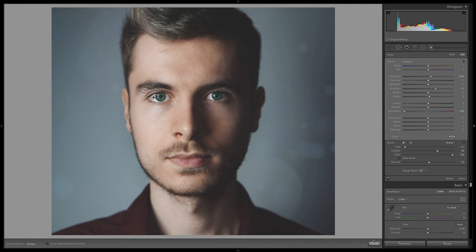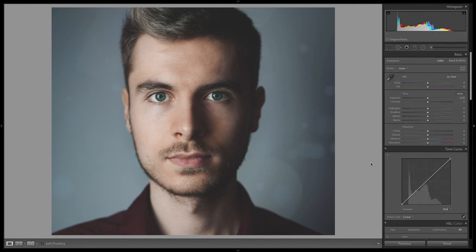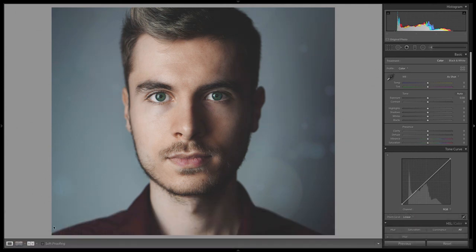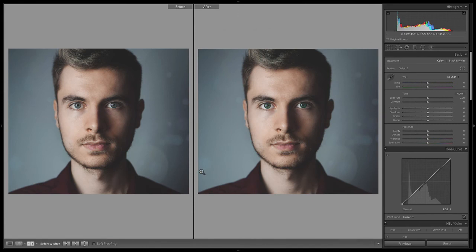And as we know, the eyes are the window to the soul, and they're really the focus of most portraits. Oftentimes, unless it's a very creative portrait where you're focusing on something else like the nose or the lips or something like that, you want the eyes to be the thing that stands out. So again, we can see the before and after with the backslash button. Before, after, before, after. We can also go to this before after shot right here. Pretty darn cool, huh? Awesome.